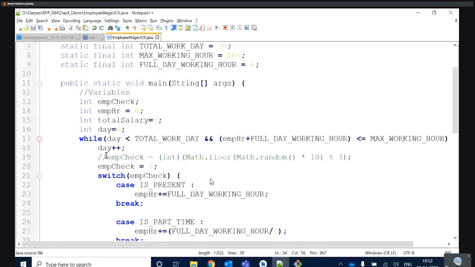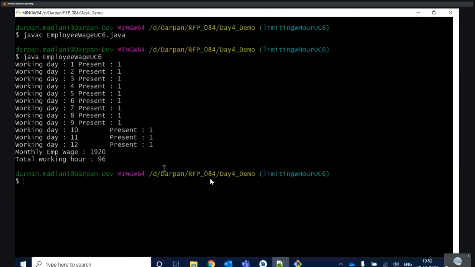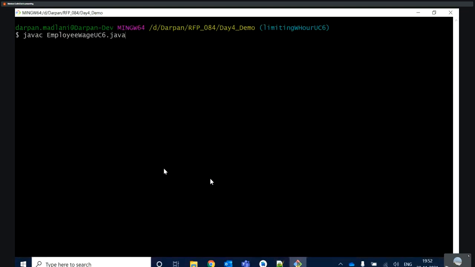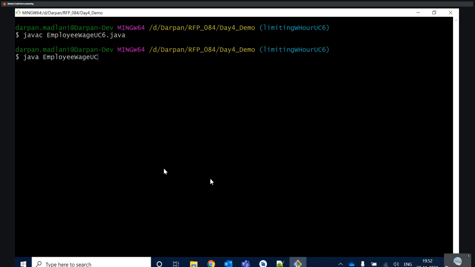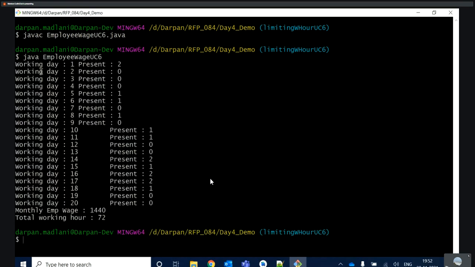Now let's check with our main scenario. At day 1 it is coming as part time, at day 2 absent. So after day 20 the employee's working hour becomes 72, and the payment is returned after the end of the month.